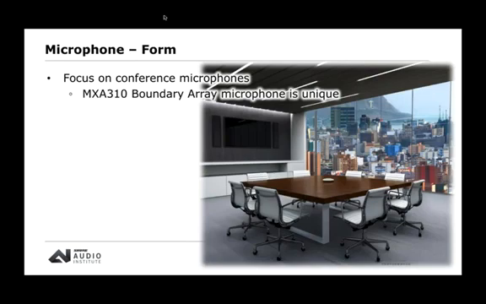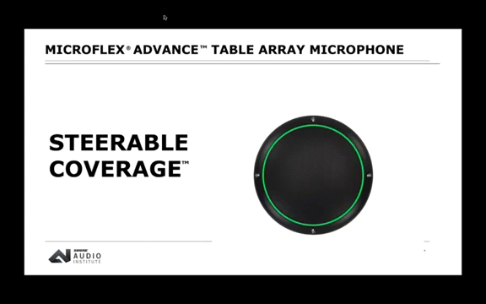Pushing the bounds of technology when it comes to boundaries, the MXA310 is a newer microphone for us. It's been shipping about 2 years now, I think. The 310 is quite unique when it comes to a boundary microphone. Previous to the 310, basically we would pick a boundary microphone in either an omni or a cardioid pattern. And you'd have to drill a table maybe, or things would get mounted permanently in the table. And it didn't give you much flexibility to actually choose, number one, the right type of polar pattern, or to actually aim them exactly where talkers were going to be talking so that we could have best rejection for any